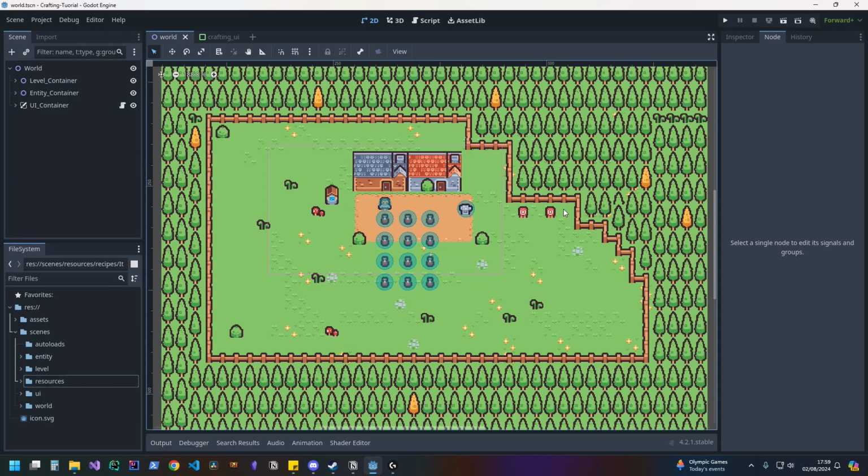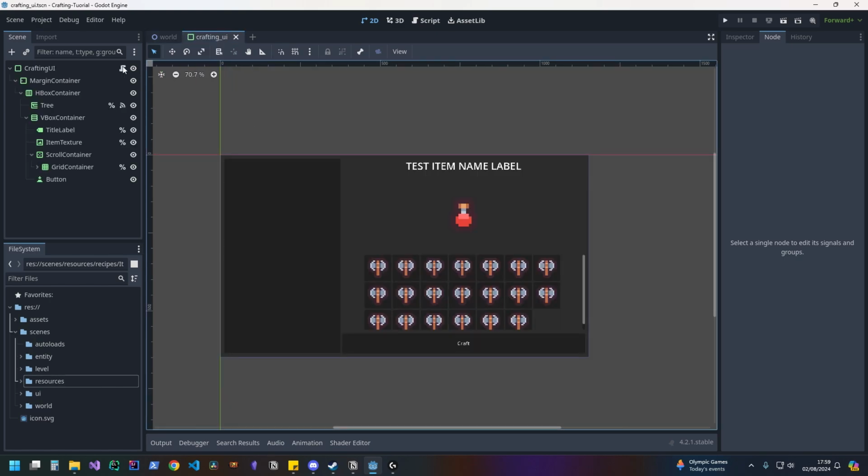Hello and welcome back. Today we'll be finalising our crafting system by getting it in the game and hooking it up to our inventory and allowing us to actually craft some items. Now we're going to need to do two little things first before we really start hammering out some interesting code things. Very first one is if we go to our crafting UI and we go into our script,